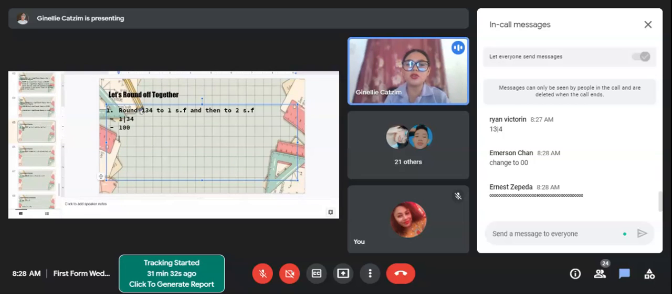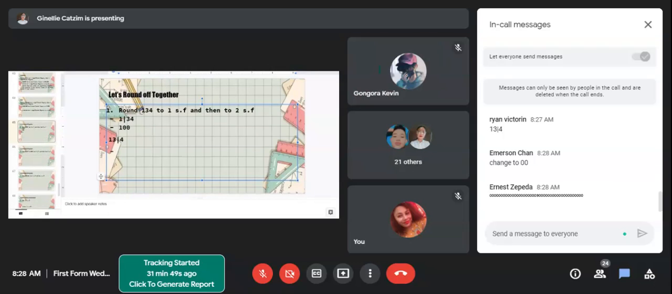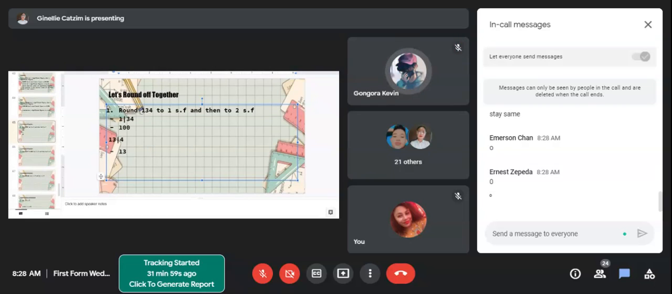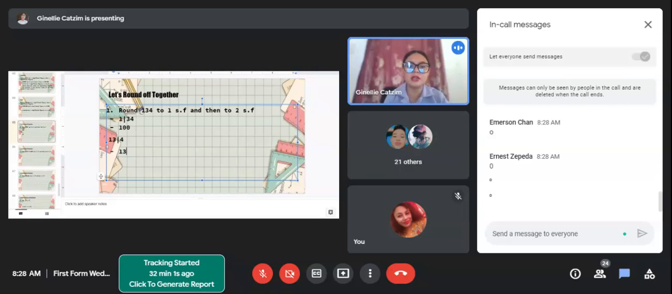Now, if we want to do two significant figures, where will our vertical bar be? Between 3 and 4. Very good, right? So, what will happen to the 3? It will stay the same. And what happens to the rest of the numbers? Becomes 0. Very good, Yuri and Emerson. It becomes 0, right? So that is how we go about rounding off to one significant figure and to two